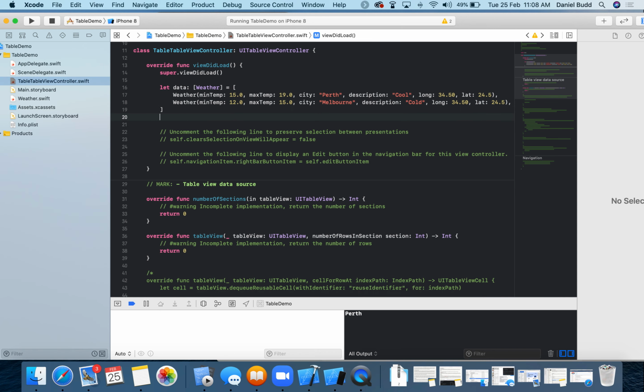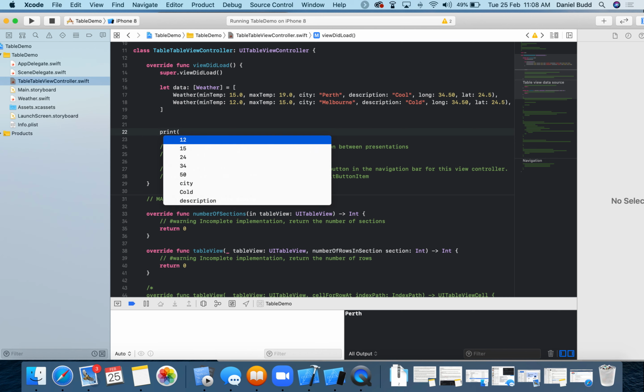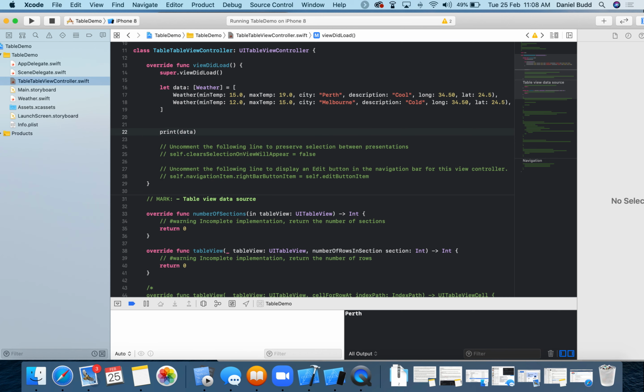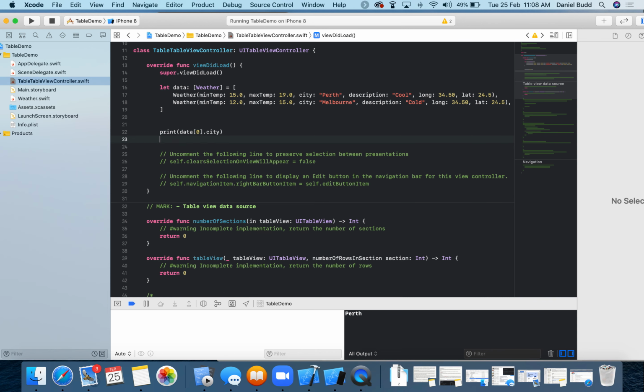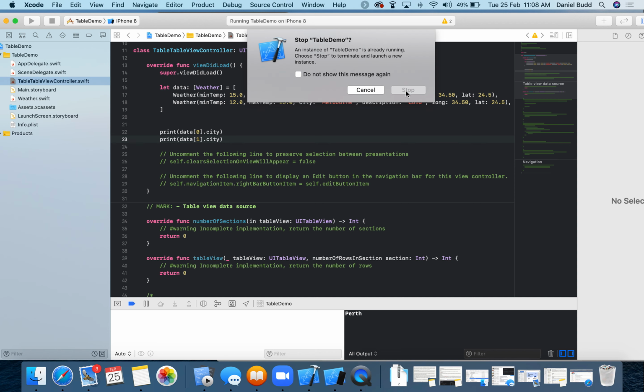So for example, if I just want to print out what my city is, I could say print data. I can look for the first item in that list, and then I can find the city property. Okay, we can do the same for the second item in the list. Okay, so then when I run my application,